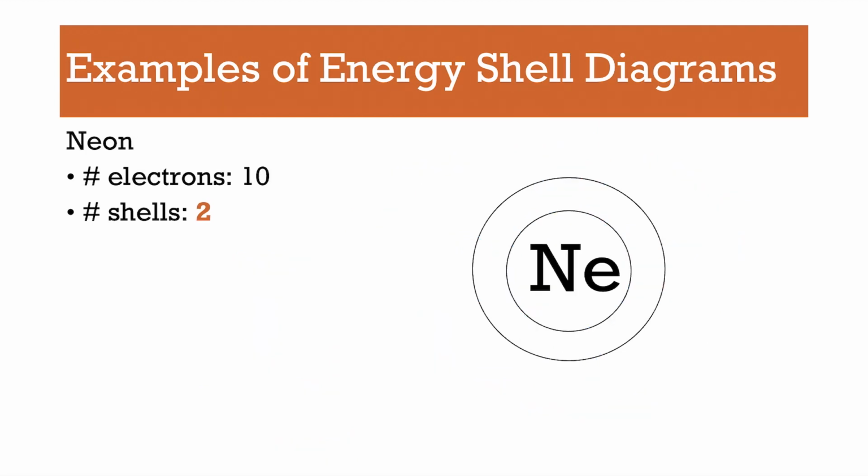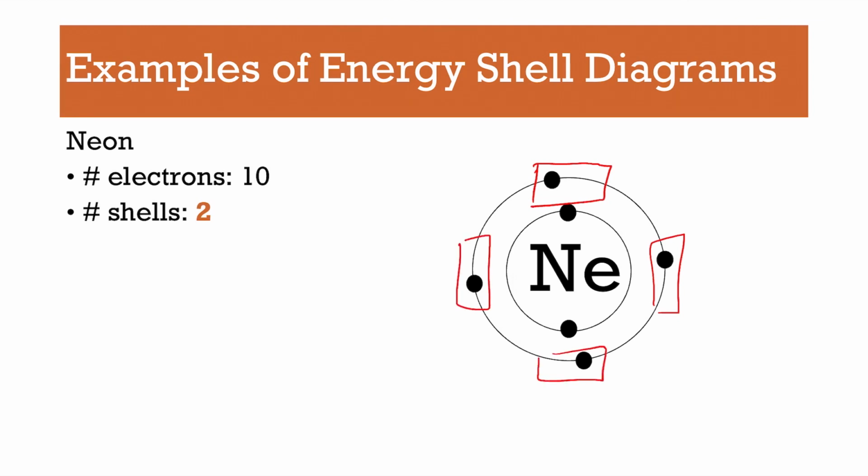So let's look at another example. We have neon. So again, the first 2 will always look like that. And then we have to give home to 8 more electrons. So if we start on top, then the next one goes by itself, by itself, by itself. And this is where we were with the last element. But now, with these seats, the electron has to go and sit with the buddy. So it sits with the buddy, sits with the buddy, sits with the buddy, sits with the buddy. So you always want to find a seat by yourself first, then with the buddy. And that's it.